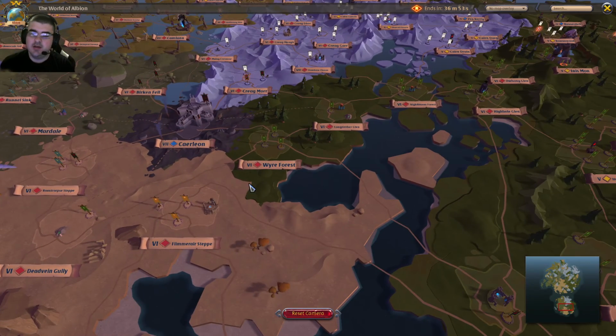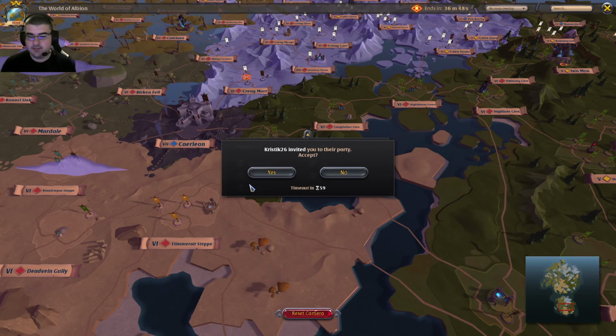Now, red zones, the same rules apply. You have to flag for PvP. So blue people are safe, red people...